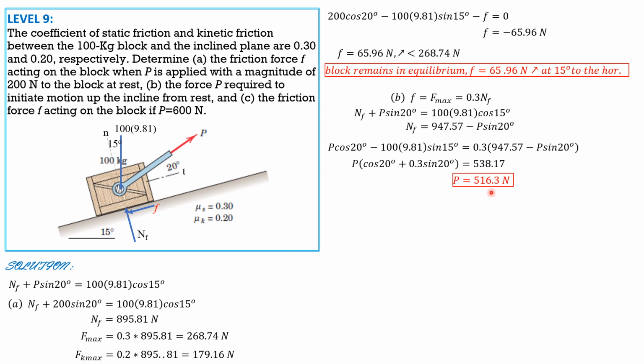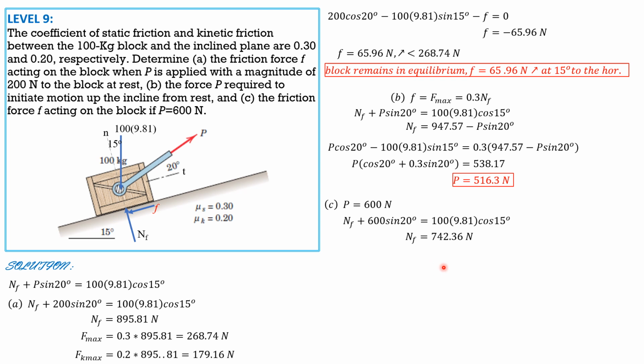So take note that when P is 516.3, we have impending motion up to the right, and F is F max. Therefore, when P is 600 newtons, we expect that this block will be in motion. So to verify, with P at 600 newtons, NF is NF plus 600 sine of 20 degrees equals 100 times 9.1 cosine of 15. And solving for NF,